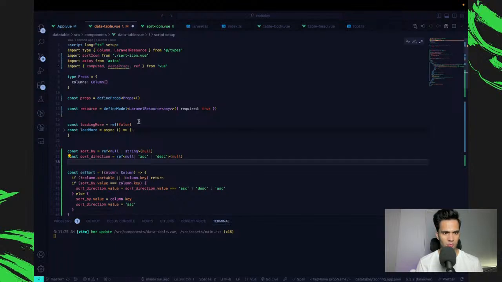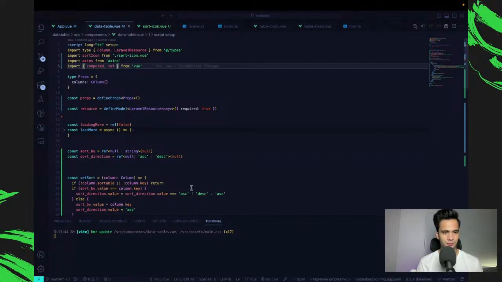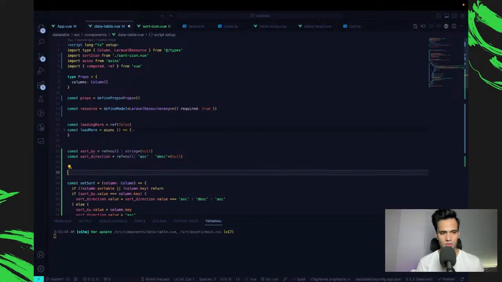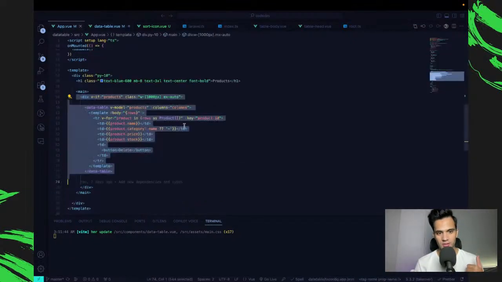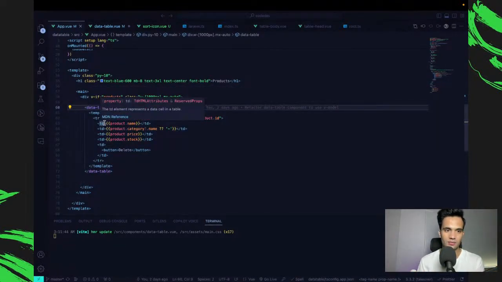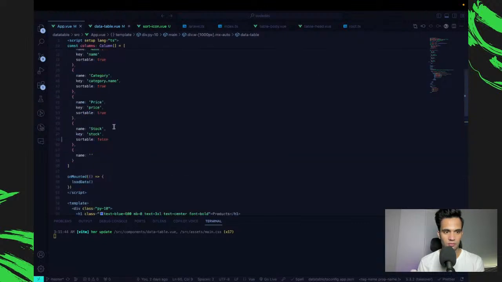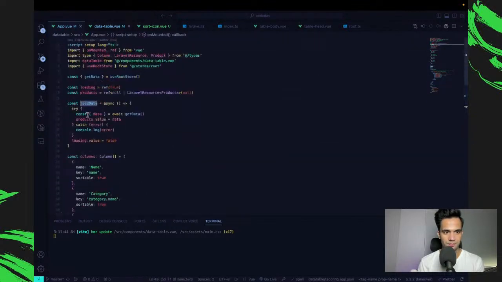What is merge props? When did I import it? Let's just take this away. So now the question is how, in my data table component, I can request the API to give me new data with the sorting. Because again, normally you would emit an event to the parent component, and then the parent component knows where it loaded the data from, because on mounted, we loaded the data from this API. So one way is to use the traditional way.